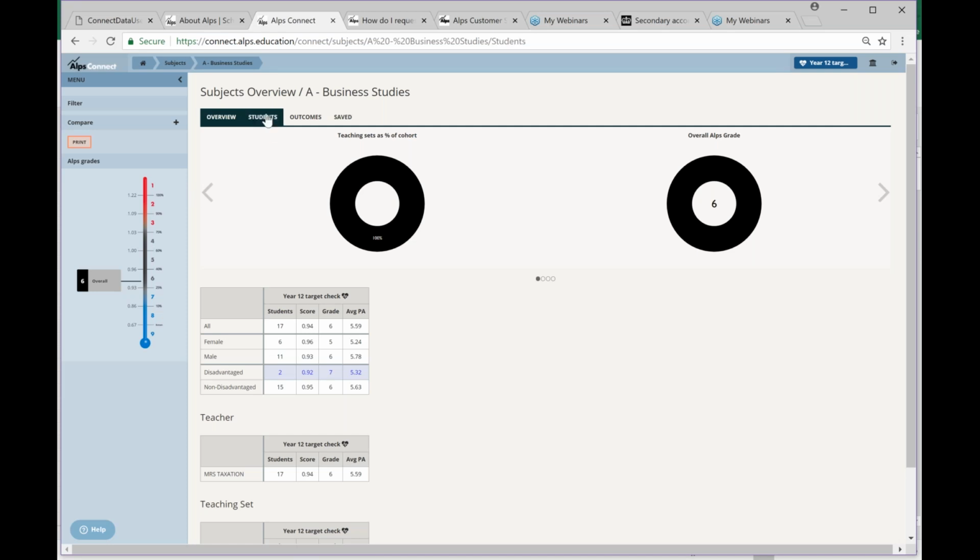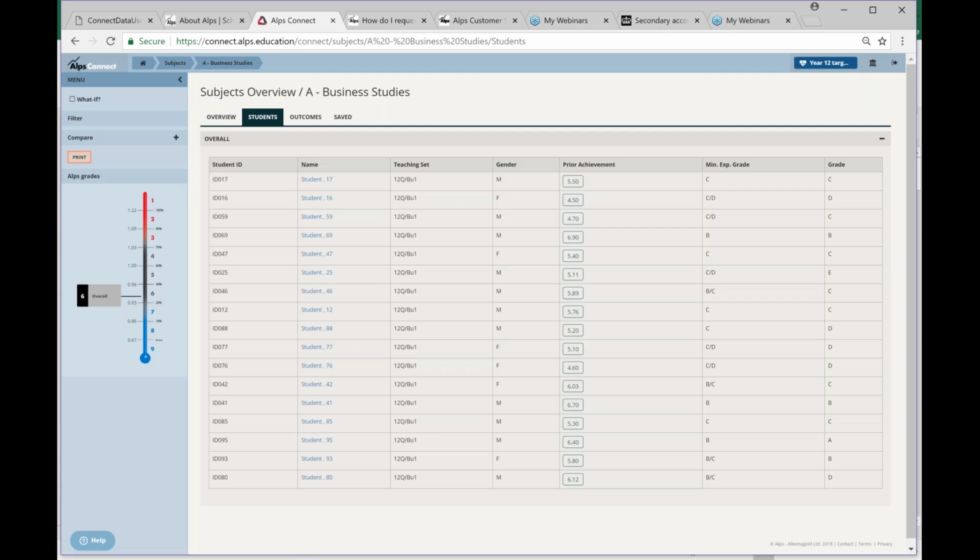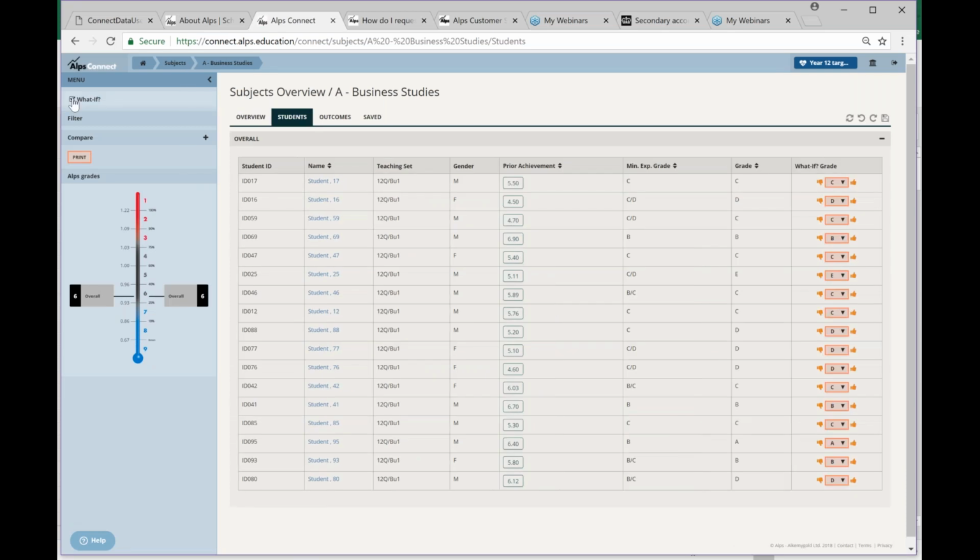So if you click on students and you turn on the what if, now what I can do is say, okay, so you're saying that student there, that's now for grade, remember this is target setting, so that is the custom target that the business studies teacher has put in for that student, a grade E. So what we can do now is we can actually say, well, really, can we be a bit more aspirational? Their MEG is a C/D. So if I then just click up to a C grade, can you see that thermometer, that lozenge on the thermometer moving? So actually, if I target set that student at a C,